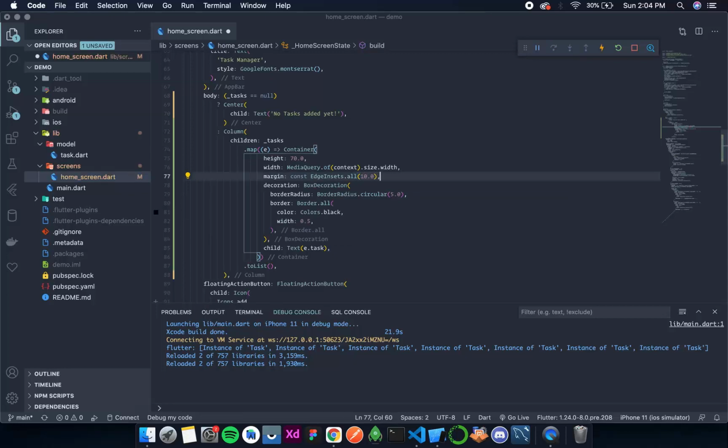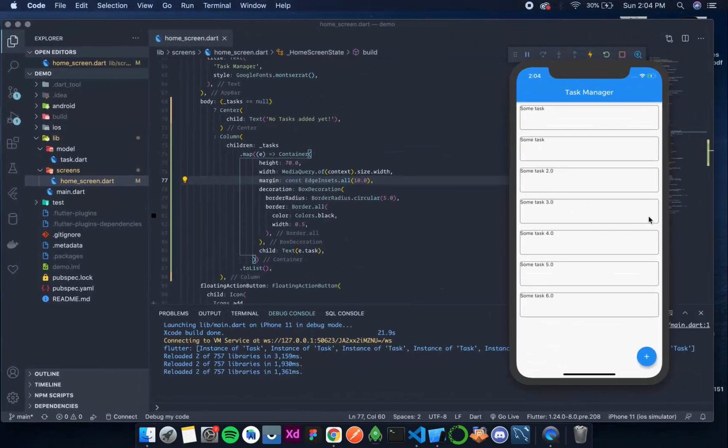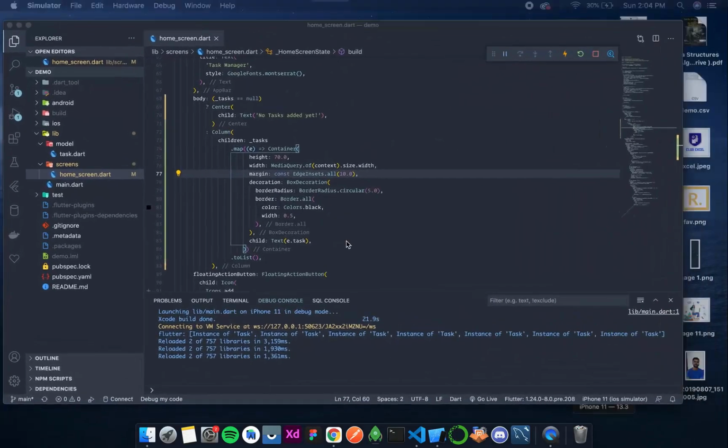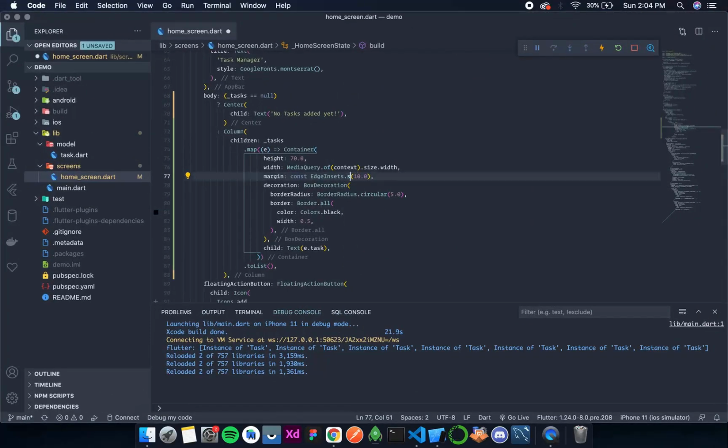So let's add a margin from all the sides to be 10 pixels. Okay, so it looks better. Maybe I can change this to symmetric, and horizontally we have 10 pixels of margin, but vertically I think only 5 will do. So let's see.